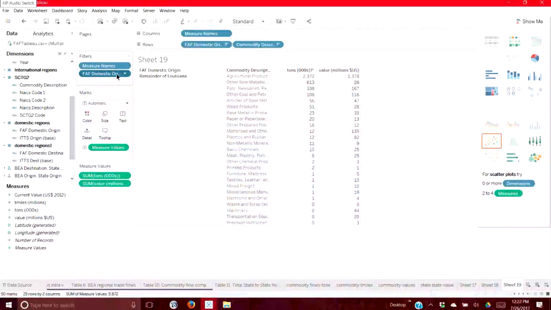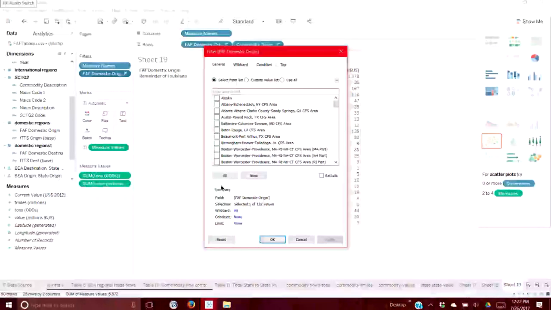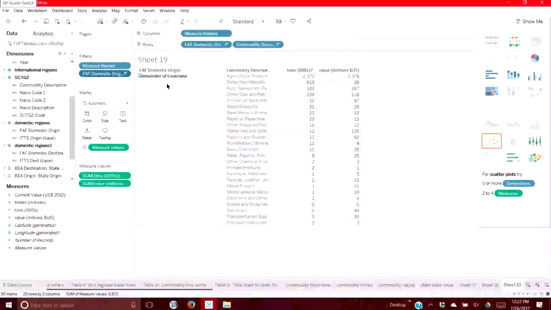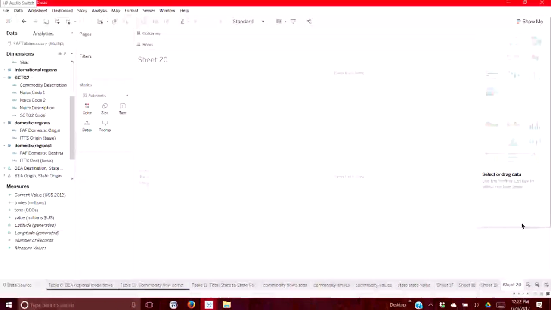Okay. Okay, we're going to go to sheet 19. Just cancel that. That's okay. Go back, switch to Louisiana. Yeah, we're just going to go. We're going to create a new sheet. Okay. Now what we're going to do is we're going to look at